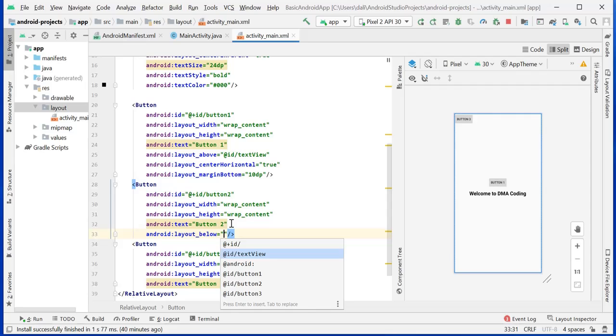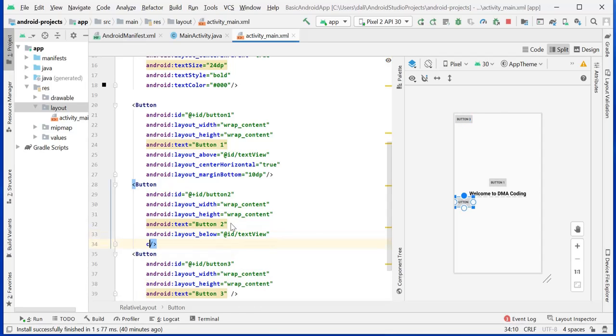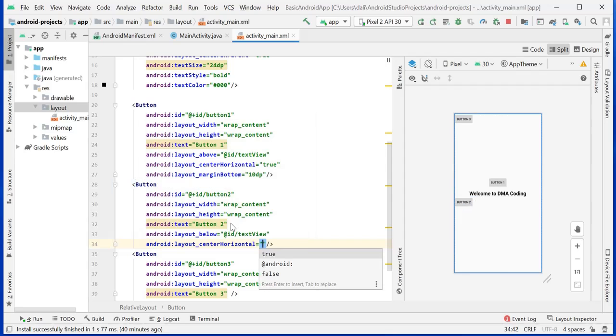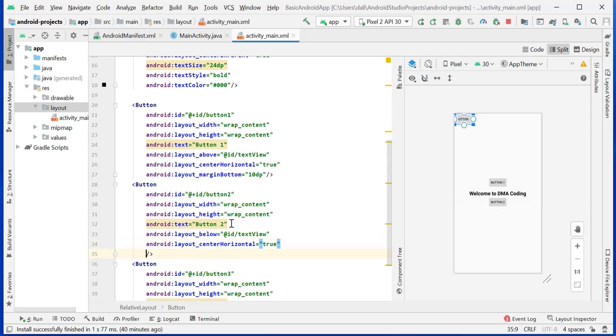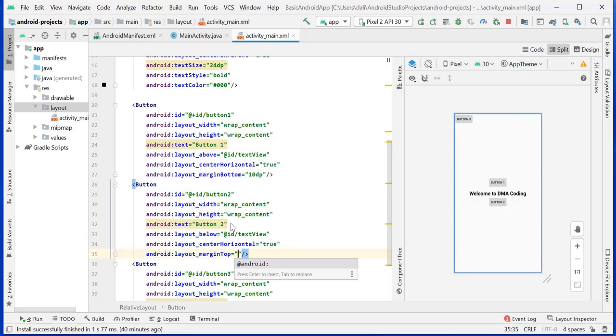We will use layout below with this text view. So the button came just below this, and then center horizontal true. So it will be again in the center, and we can give some margin also here. Margin top is required now because we are giving margin to this button, so then only it will be below the text, 10 dp.